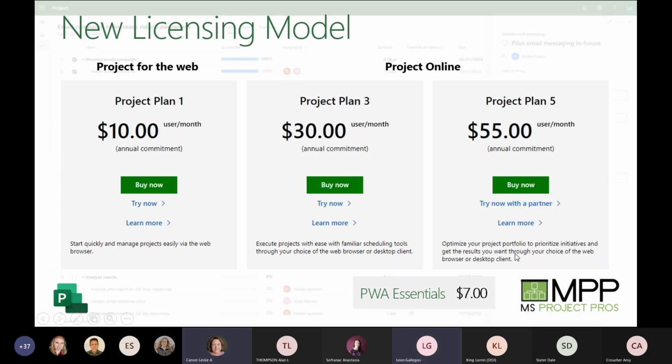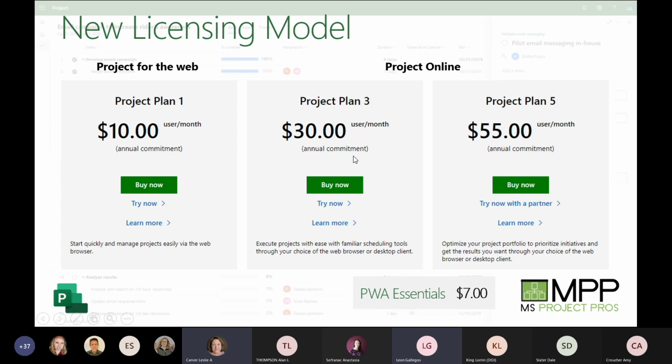One of the options is the ability to print out some of the resource views that you don't get in P3. You still get some of the portfolio capabilities that P5 is supposed to be giving you. So when it comes to P5, you'll grow into it. You don't need it right away. If you're not going to do anything with the portfolio piece out of the gate, do not bother getting the P5 license, and you can upgrade to it very easily.